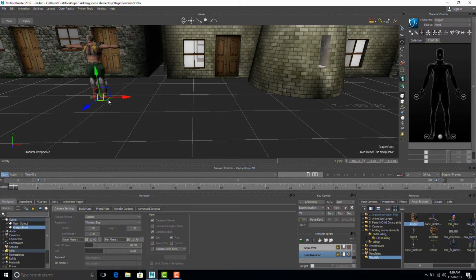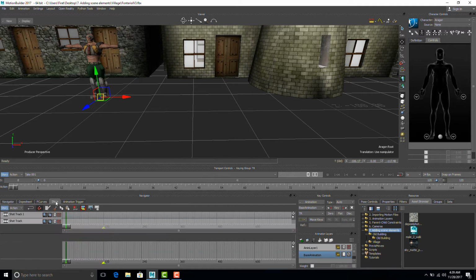Okay. The next thing I'm gonna do is add motion. So I'm gonna go to my folder again. Okay. So I have this male walk file, which is an FBX motion file. So I'm just gonna apply this to my character. And since it's an FBX file, I can use my story editor, and I can just drag this and drop it onto my timeline here. And since I only have one character in the scene, it automatically detects that character and applies the motion to